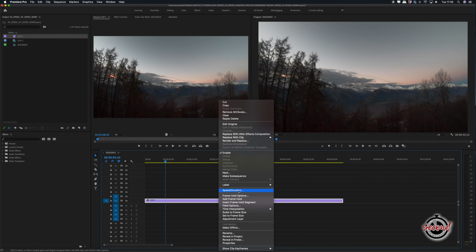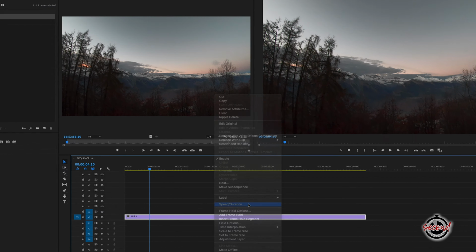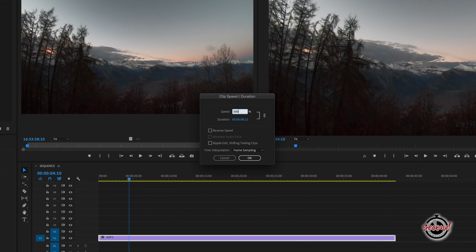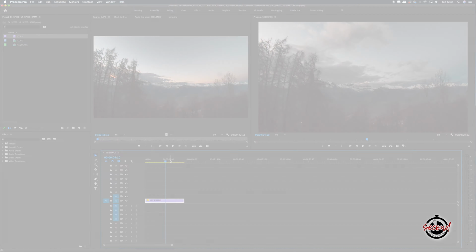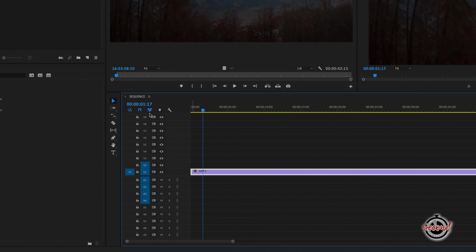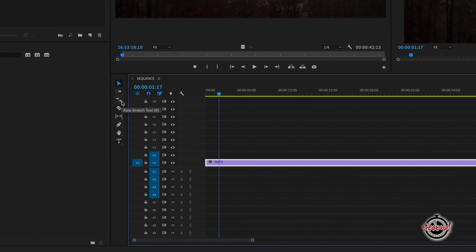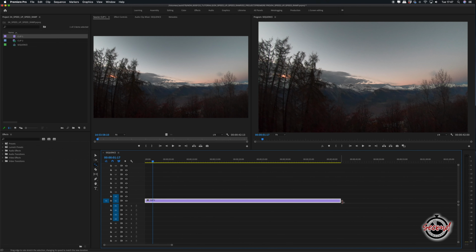Firstly, if you want to speed up the whole clip, simply right-click on your clip and select Speed Duration. In this window, you can choose what percentage you want to speed up the entirety of your clip. A similar method to speed up the whole clip is to use the Rate Stretch tool, which you can access by pressing R. With this tool, you can stretch or shrink your footage, and it will automatically adjust the speed